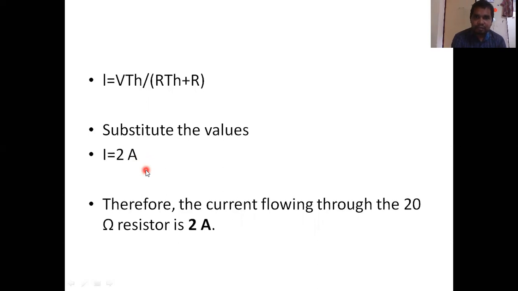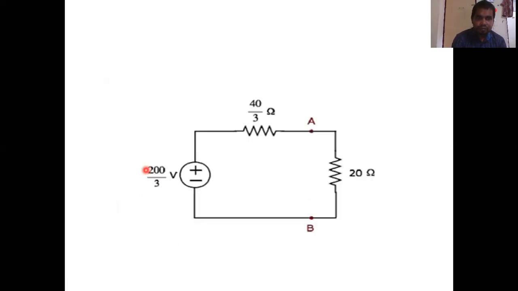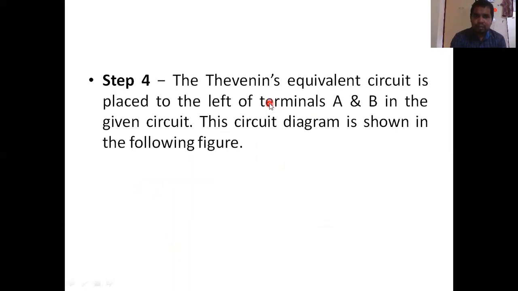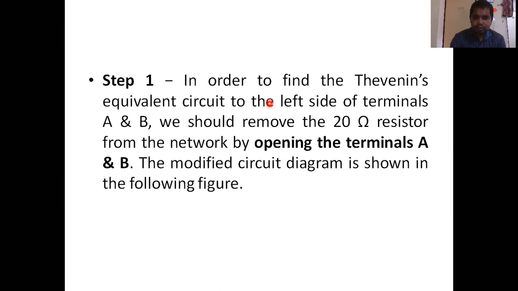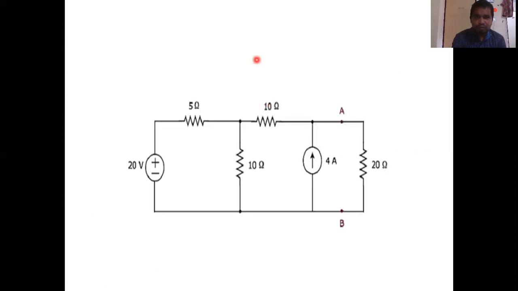So 2 ampere current is flowing this way, right? 2 ampere current is flowing in this circuit. So this is what we have discussed about the Thevenin theorem. Thevenin theorem is simple, and you should keep in mind its application. Thevenin theorem is used when a particular load keeps on changing. For example, here we have determined the equivalent for this entire portion of the circuit.